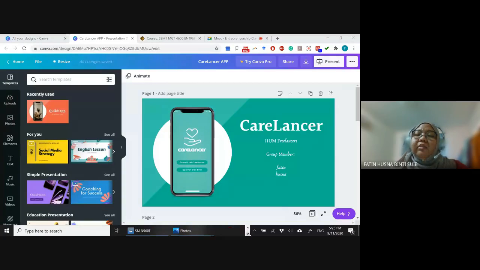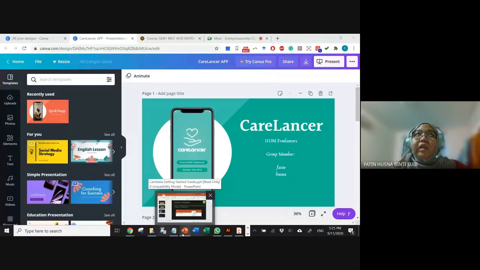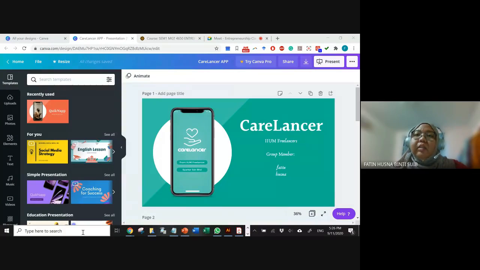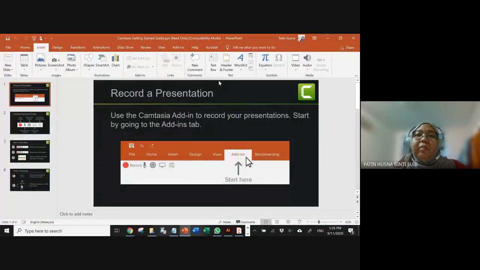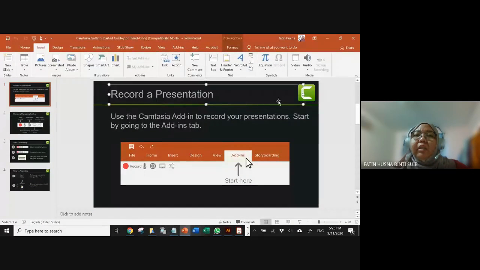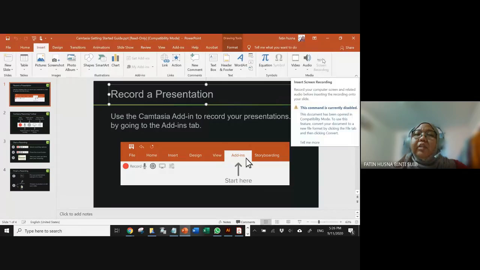Okay, so basically like that. There are so many free softwares as well to screen record and also to have the presenter view. For example, the one that I'm using is Camtasia. There are so many other things, but PowerPoint also has it. It's just that my PowerPoint doesn't have the function of